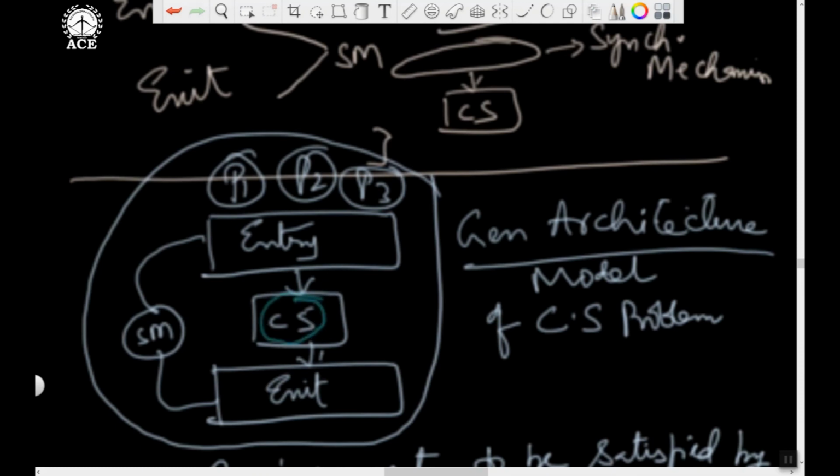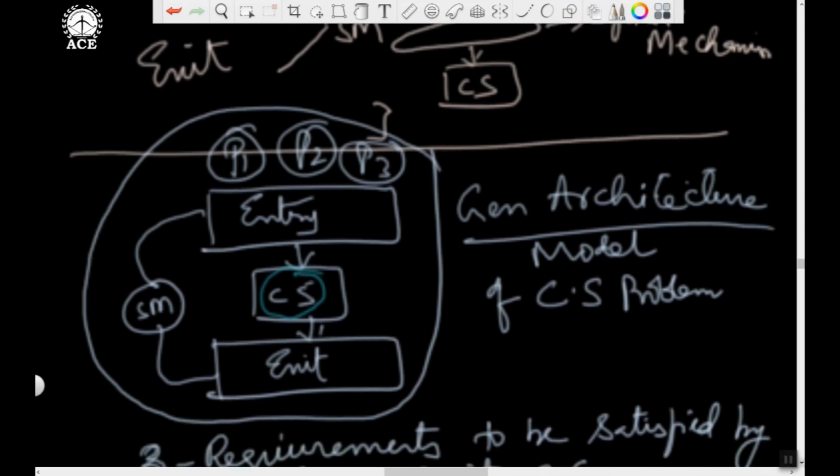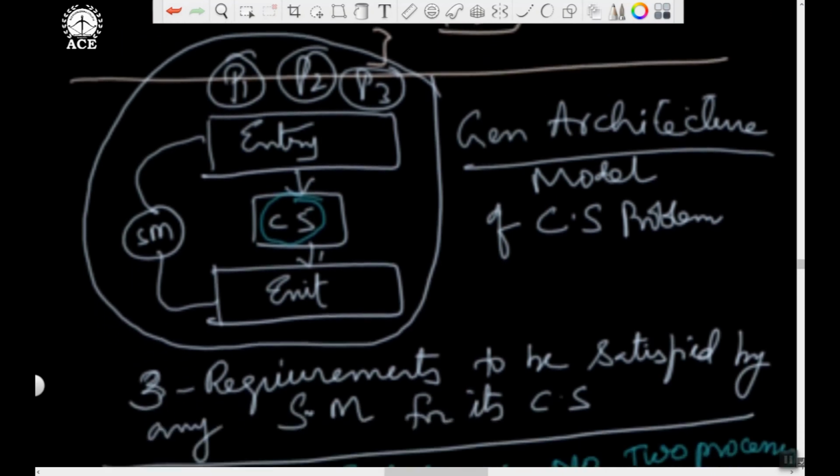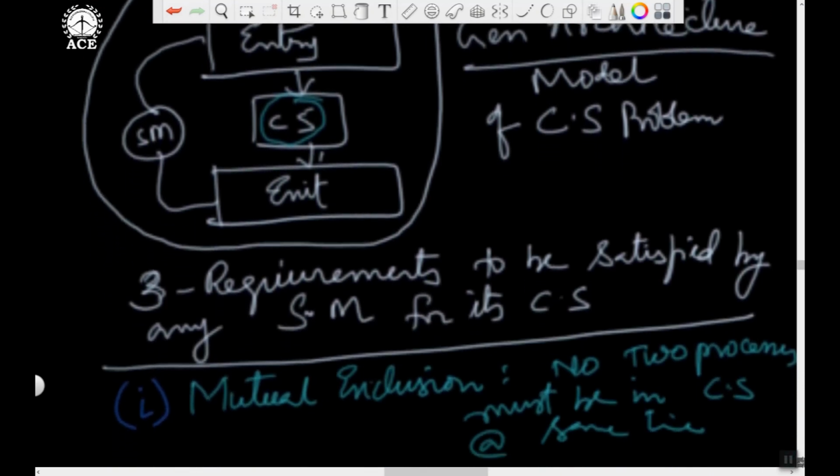Only one process, like in producer consumer. Only one process should be updating count. Both producer and consumer should not update count, otherwise the data will become inconsistent. Both should not be accessing the buffer at the same time. If the producer is placing an item in the buffer, the consumer should not be allowed, and vice versa. That is called the principle of mutual exclusion. Mutually exclusive: if one is accessing, the other should not be allowed.